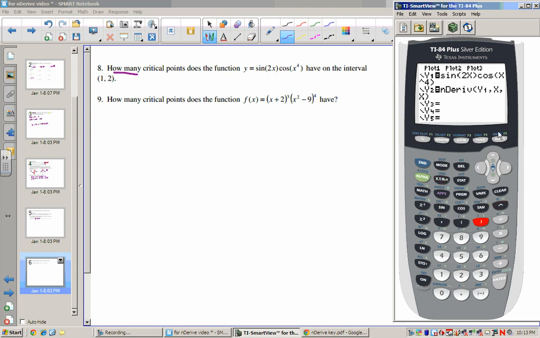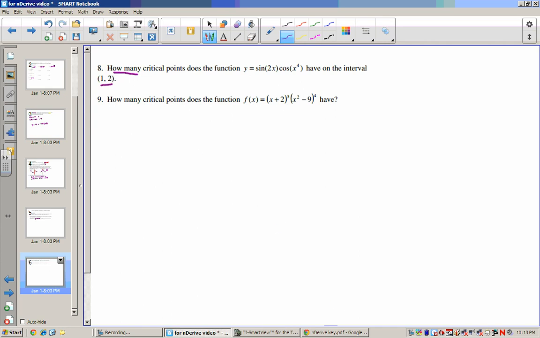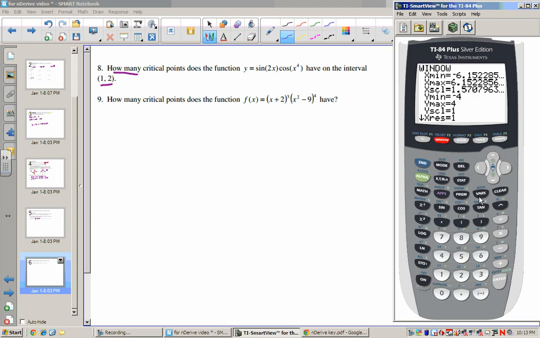And if I start hitting graph on this thing, I'm like, whoa, wait a second, that looks crazy. And then I'm like, wait a second, I only want the interval from 1 to 2. You can stop something graphing by pressing on, and then we can go to window, and I only want to see this thing from 1 to 2. So let's do that, from 1 to 2. And now I'm going to hit graph, and I want to know how many critical points it has. And so,